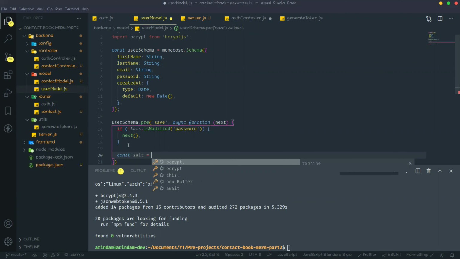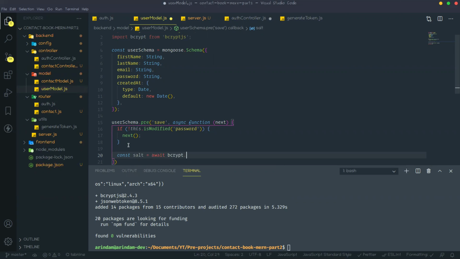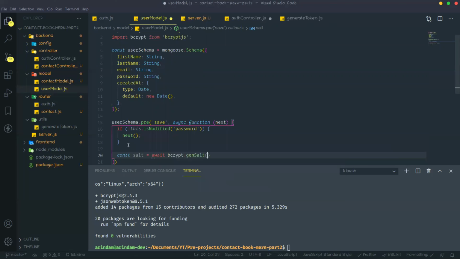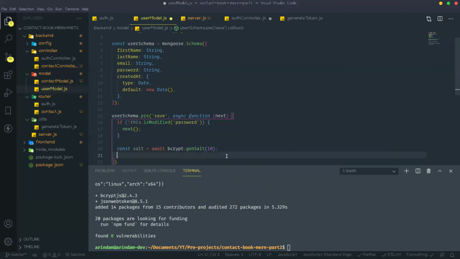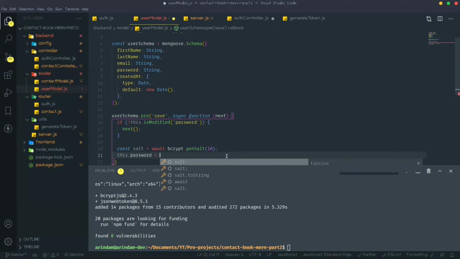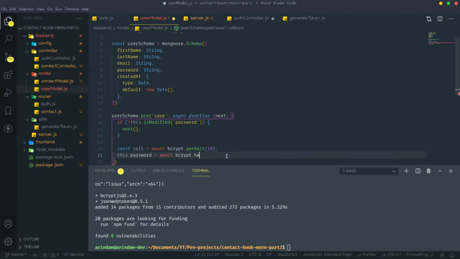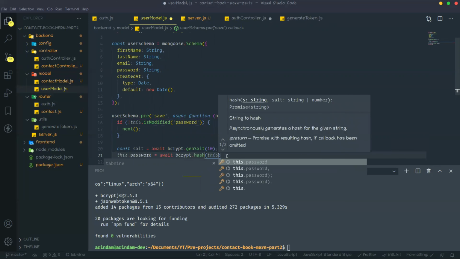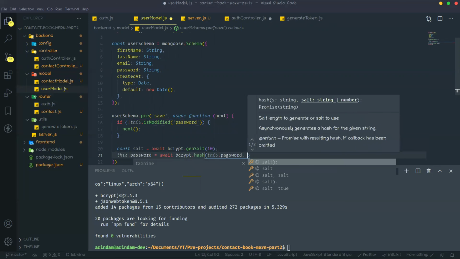We need to create one salt with bcrypt. So await bcrypt.genSalt, and it will take one value, that is 10. Bcrypt suggests 10, so give 10, and then this.password will be await bcrypt.hash. When we are hashing the password, this.password, just replace the value with salt.